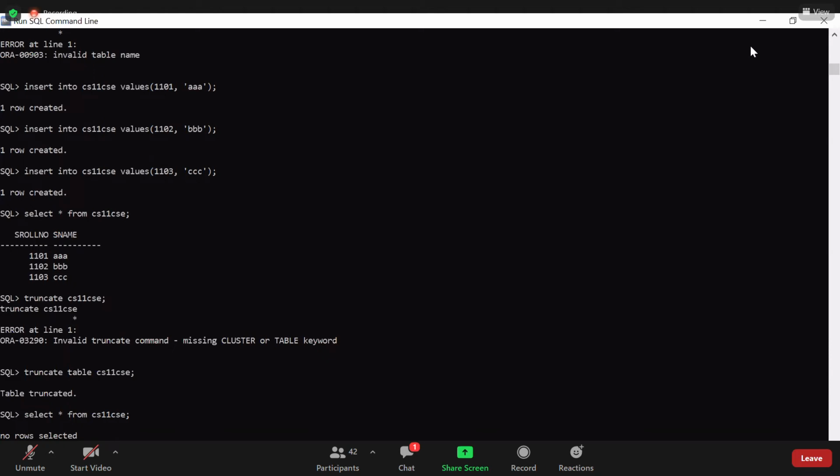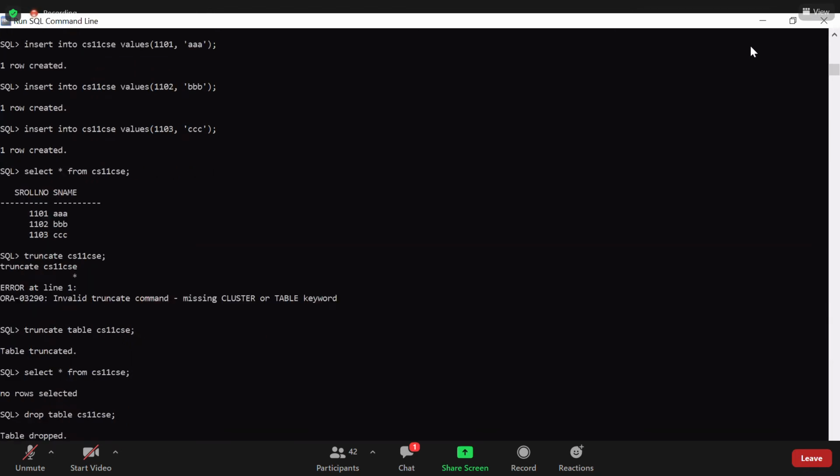If I use the drop command, the entire table will be deleted, even the structure also. Table dropped. Now again, I will give the same select. I will try whether there are any records in that table or not.